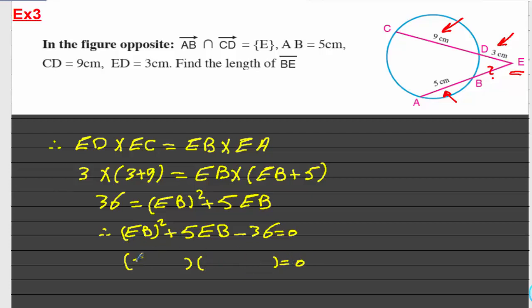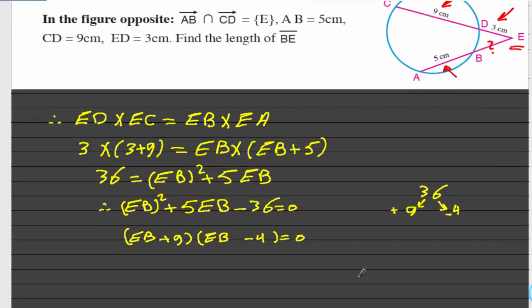EB power 2, it is EB multiply EB, and 36. We can take 9 multiply 4 here, and the difference equals 5. So you can write 36 equals positive 9 multiply negative 4. Positive 9 multiply negative 4. And then